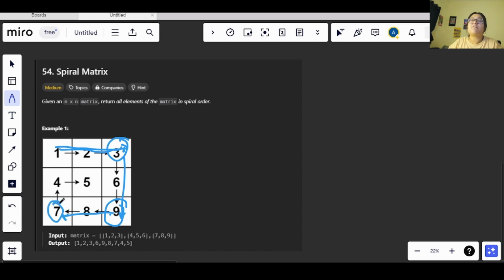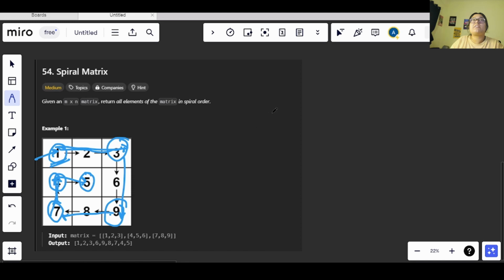Once we have reached the first column, we will move from bottom to up. Now we have already covered this part, so we will not go back here. We will go from here till here only, and after that we will move inside again.